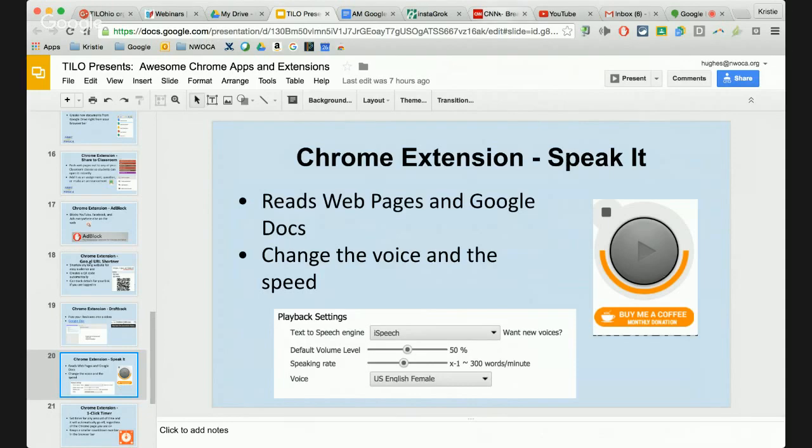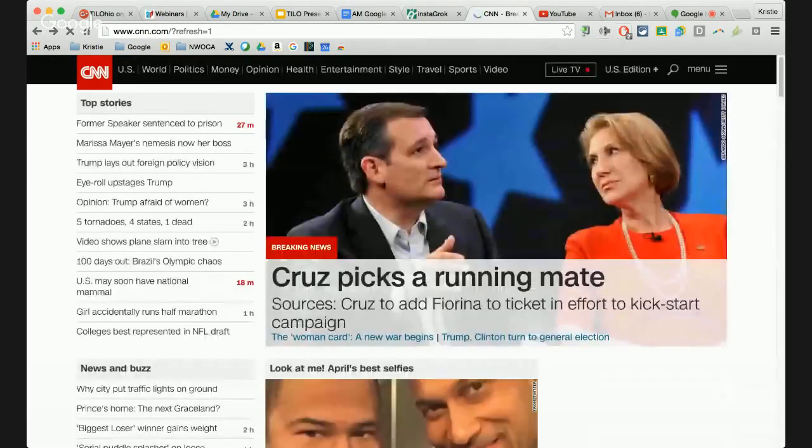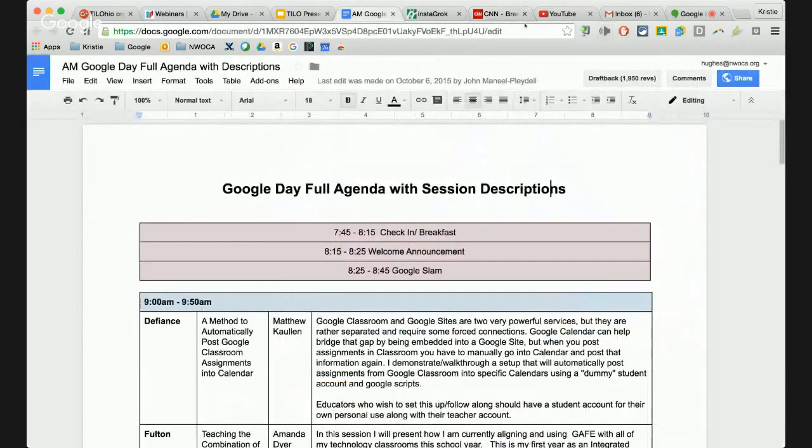So I'm going to go ahead, I'll go out to CNN over here, and I don't know that I have my volume up here, but if I clicked on Speak It, I can even have it read a whole document for me if I wanted to, or I'll click over here just to make it a little bit easier. I can have it read